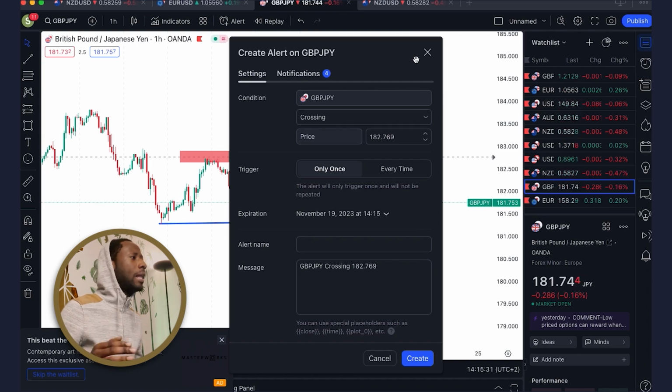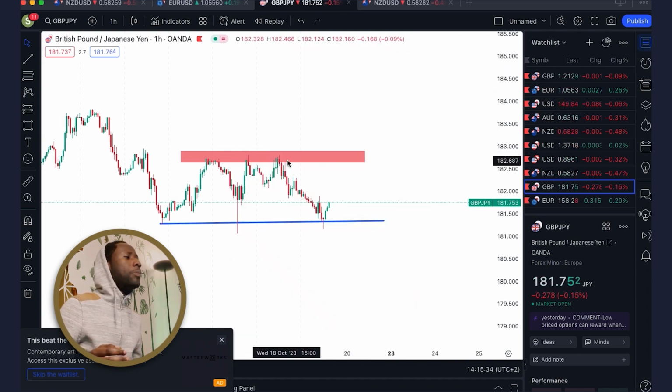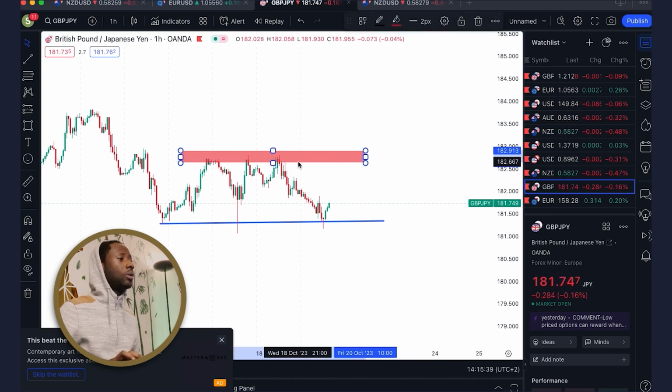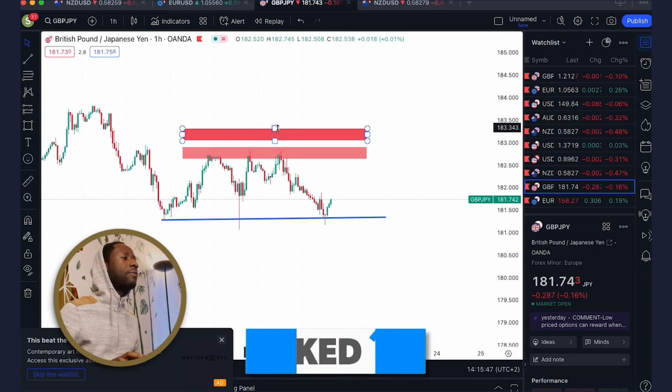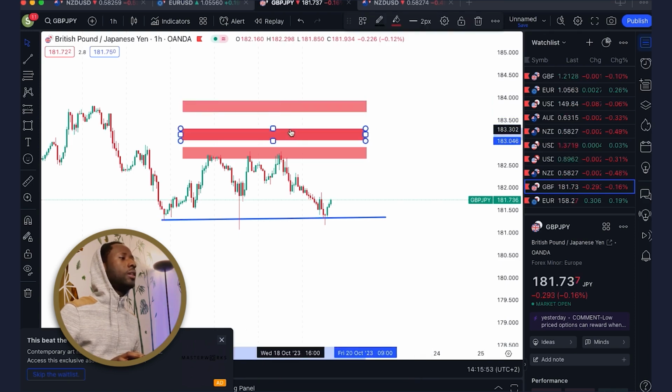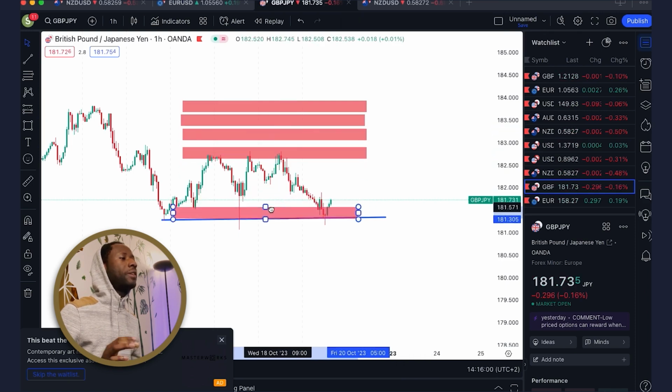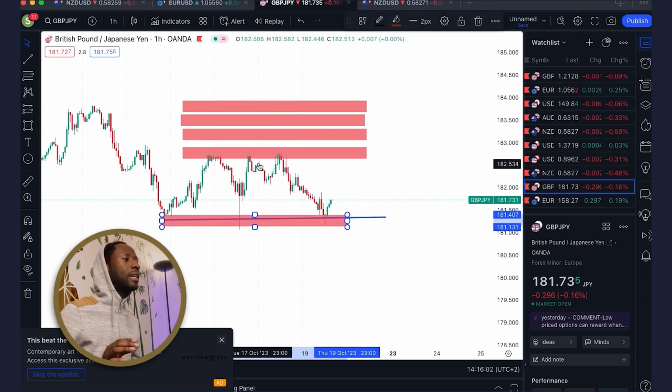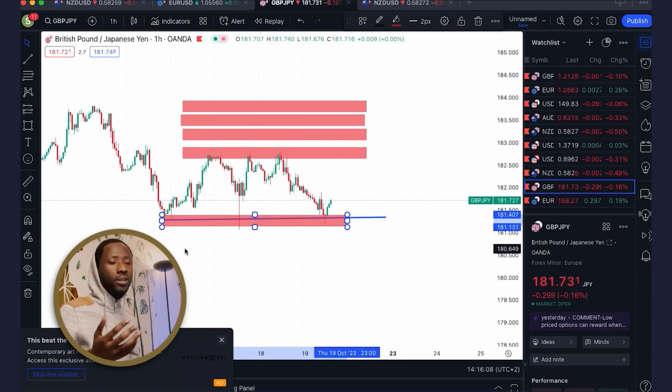Then you add your alert to it. Now, you remember I was talking to you about the copy, how you can copy a zone, something that MT5 and MT5 doesn't have, you see? You can copy your zones. This comes in handy because when you draw a perfect zone and you want to duplicate the same zone and put it in your supply and demand zone areas, you just copy